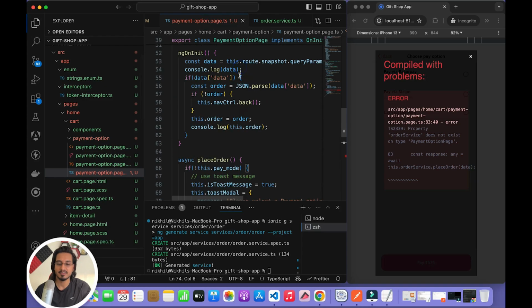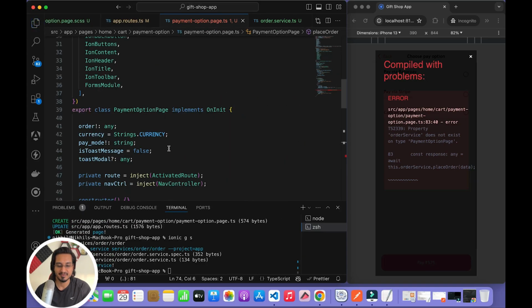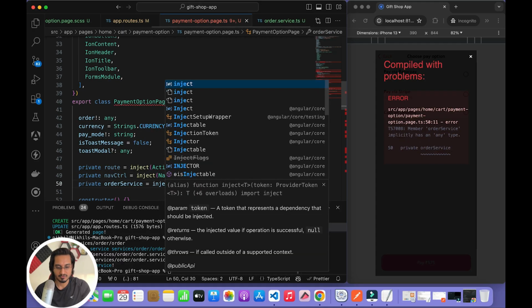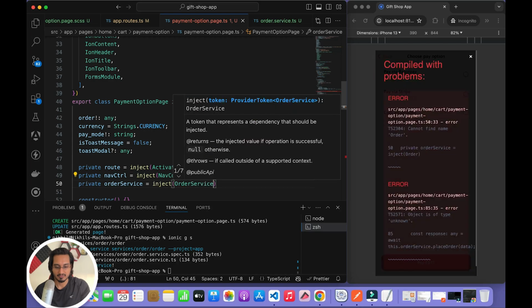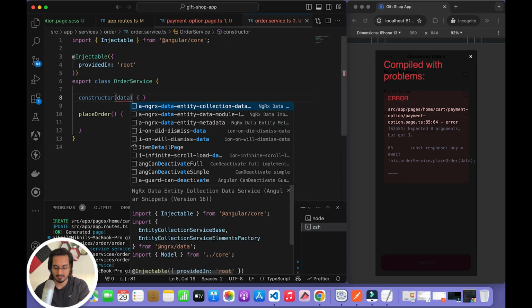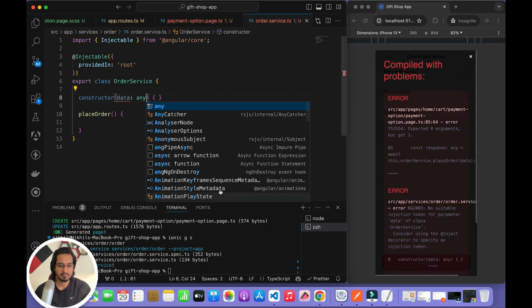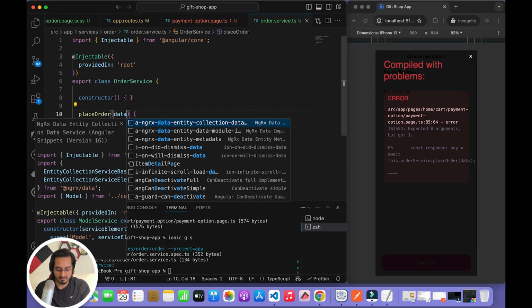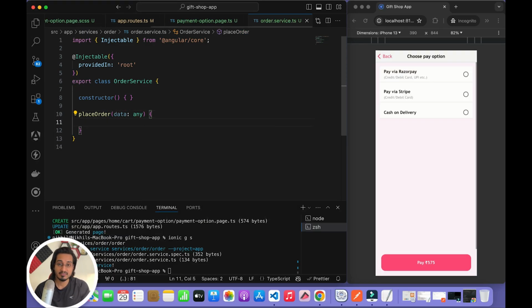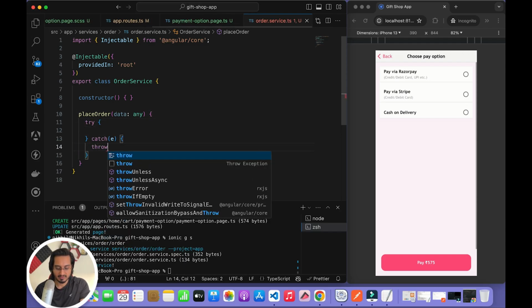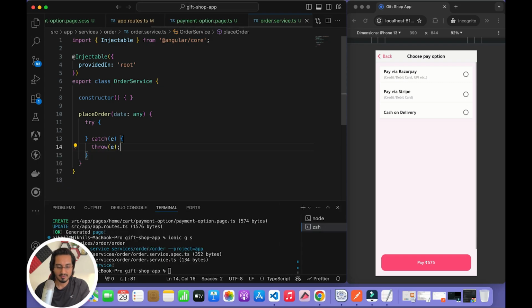And I'm going to call this service directly, injecting it here into our payment option one. Private order service equals inject order service. Okay, it's ready now. I don't think I'll get any error. Okay, one error is there because I need to get the data. So data of type any, let's say. Let's prepare this particular functionality first to get rid of the error, not in the constructor actually. Let me pass it here, data of type any, and within this place order, let's do everything within the try catch block here too. I'm going to throw the error if any within the catch block,